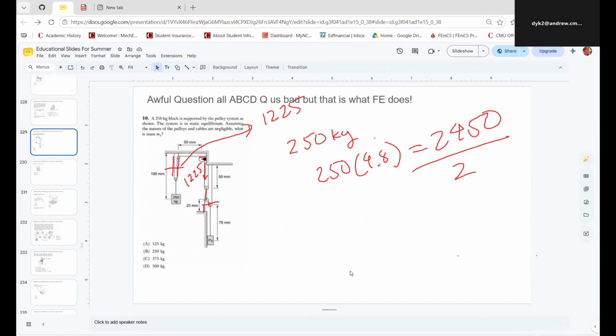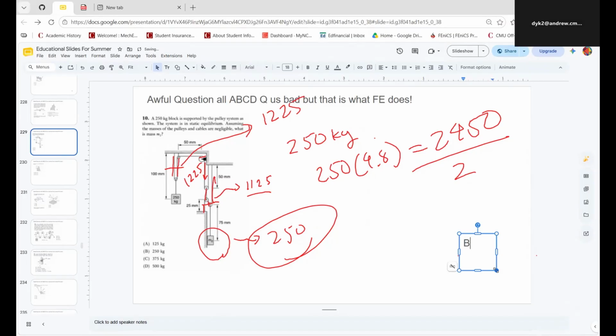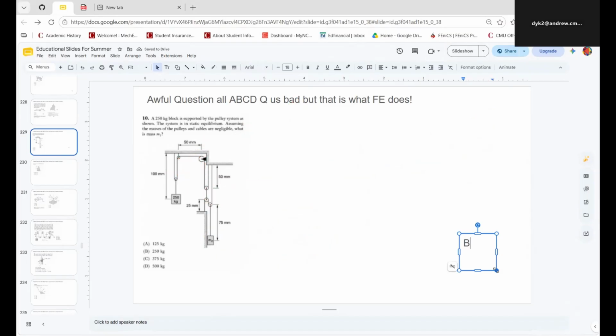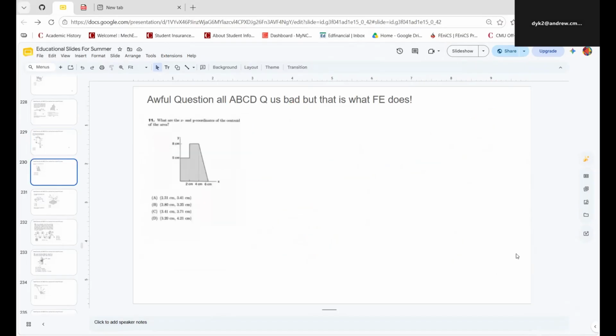And then this one over here must be 1225, right? Am I flipping here or not? I might be flipping here, but it feels like if this is 1225, then this must be 250. I think this is a bad question. It is B, right? Whatever. I think it's B. All right, this is